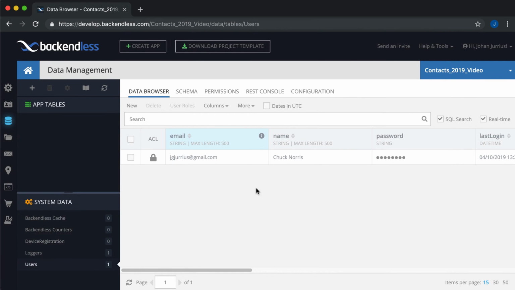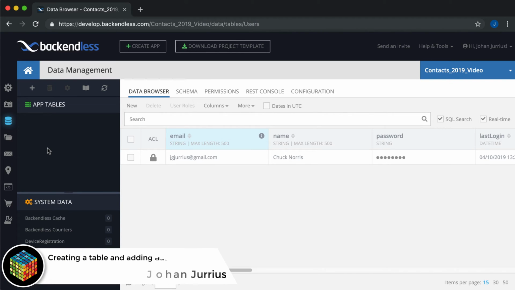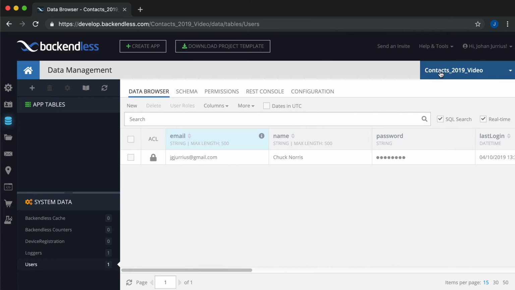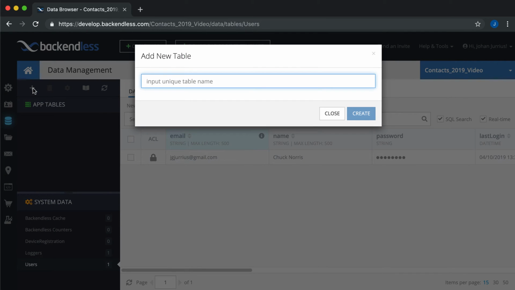In this video, we'll have a look at how to create a new data table online in Backendless, as well as how to add data to that table. So we're going to do this in coding, but if you want to, log into your account again, and I'm at the Context 2019 video, the one that we stopped working with on the previous video. Go to the left hand side into your data part, and you will see that you currently have no tables at all. But you can add a new table by just clicking on the plus sign,